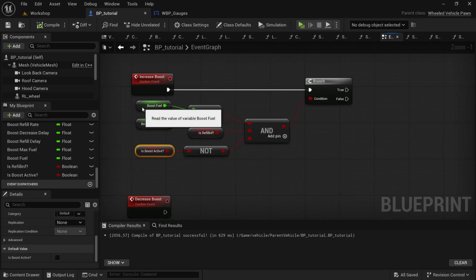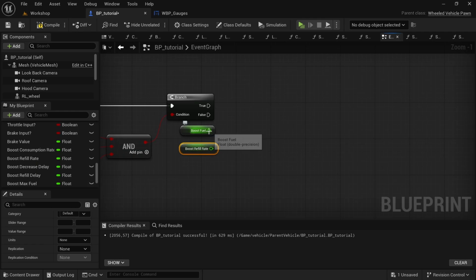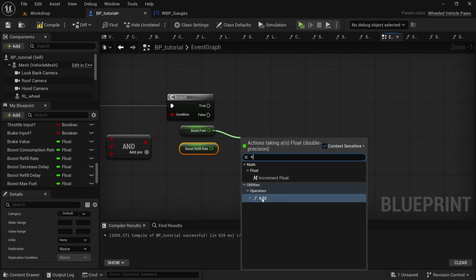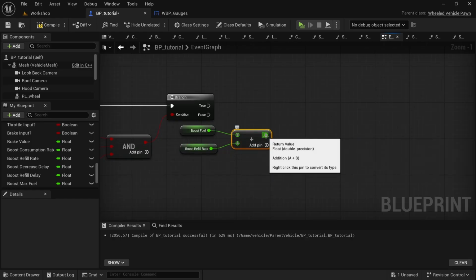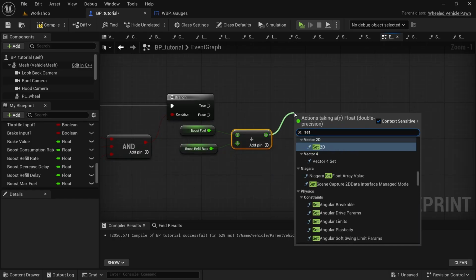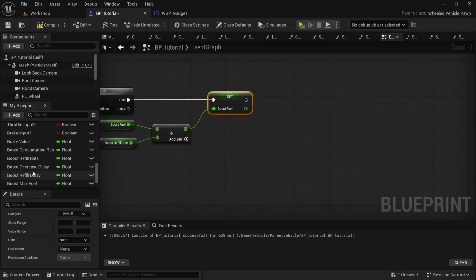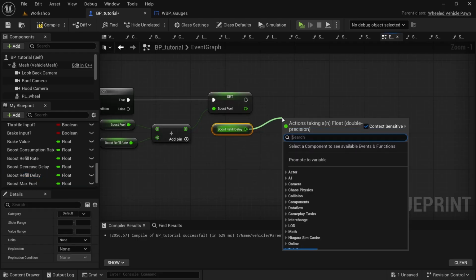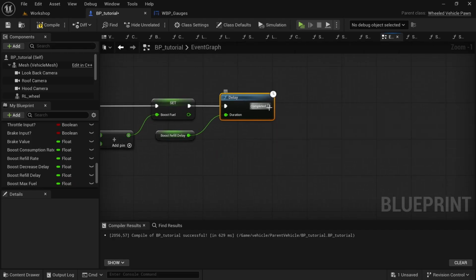Then we're going to select the boost fuel, Control D, and then we're going to drag in the boost refill rate, hold Control, drag that in. From the boost fuel, drag off, look for add, connect the boost refill rate to the add, and then from the add, drag off, and then we're going to set boost fuel, connect this to the true, and then we're going to drag in the boost refill delay, hold Control, drag this in, drag off from there, and then we'll look for a delay node, connect the execution pin,